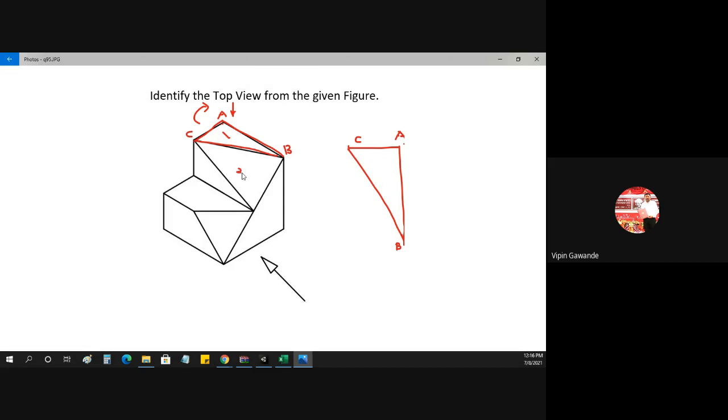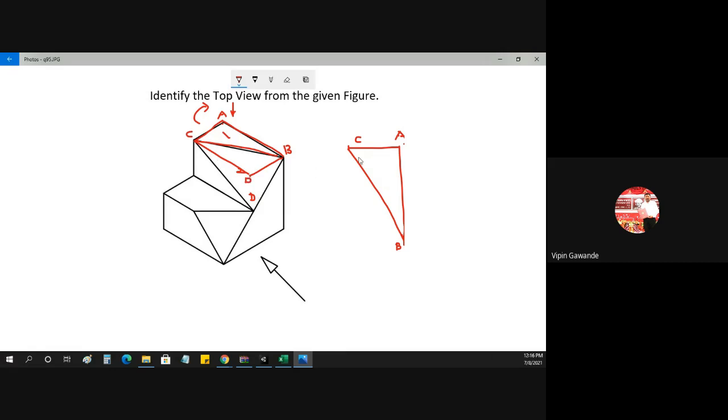This surface, because this is the inclined surface. So you have to make it straight. Now suppose this is D point. You have to take this D point upward. When that D point comes on the same line, this D point now comes here. This inclined line becomes this line, and this CD line becomes the vertical line like this. So this inclined surface becomes the triangle.